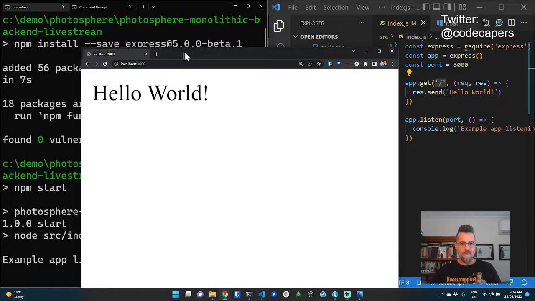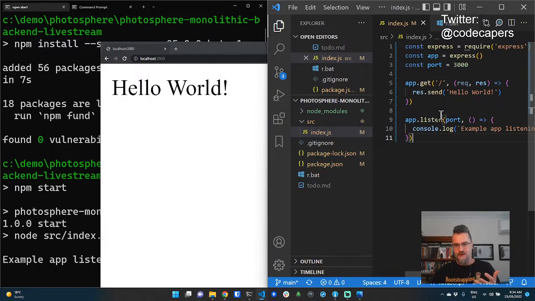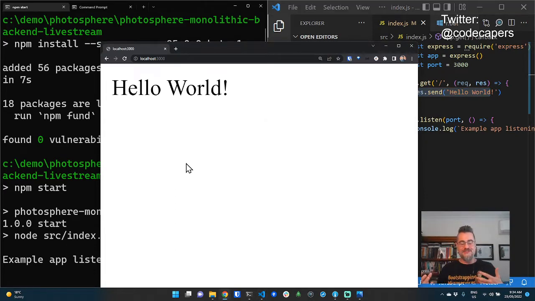Hello world. One thing about development is I believe it's a series of experimentations, like hypothesis, then testing the hypothesis. You should always be making predictions about what's going to happen. Like, I predict that I'm going to get a web server running on port 3000 that prints hello world, and then ta-da, that's what happens. Doesn't always work out like that. Sometimes you don't get what you predict because you've made a mistake or there's a bug or you've stuffed something up somehow. But I think that's the way to get better as a developer as well, to make those predictions. And when the predictions don't come out as you expected, that's a learning opportunity, an opportunity to learn how to get it the way you want it quicker.